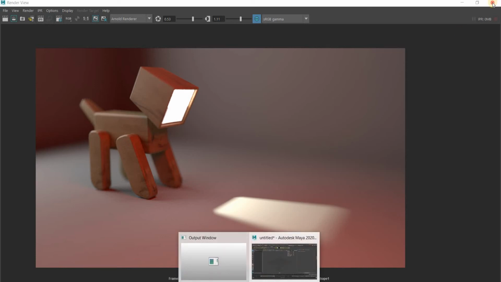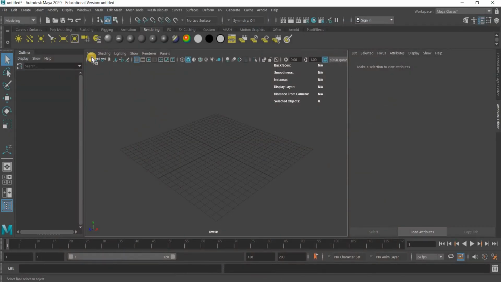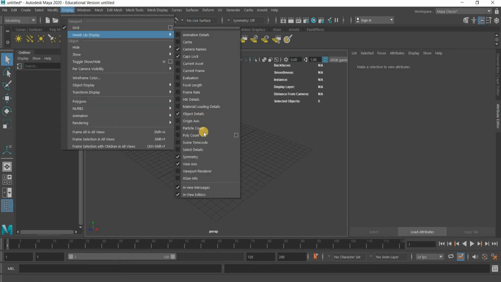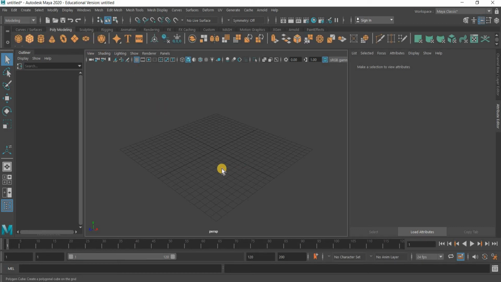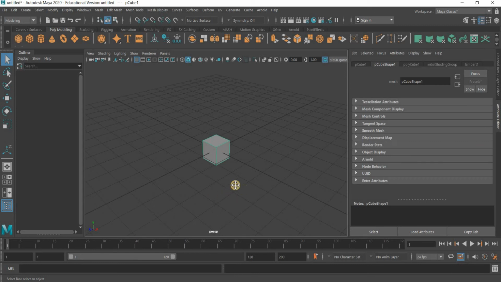So we are in Maya now, and you can see that I have the heads up display that will be used later on for depth of field. So if you go to display, heads up display, object details, that shows up. So to create the dog, I will start with a cube